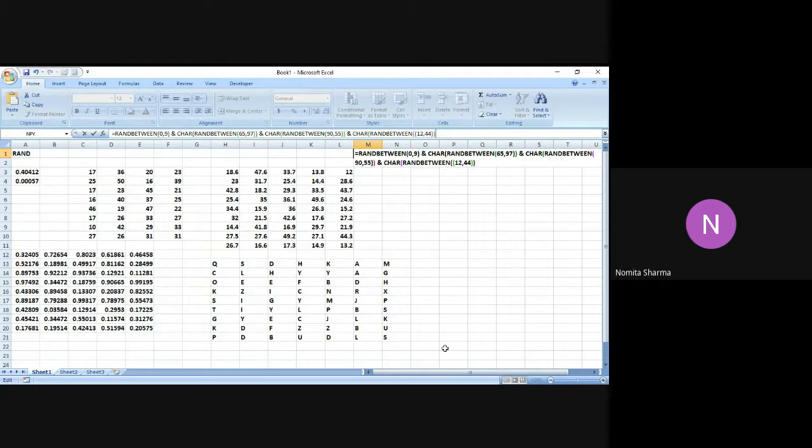So we have RANDBETWEEN bracket 0 comma 9. We have the space. I hope I have put all the spaces between CHAR and. Let me check that. The space is there. Let me put the number, it doesn't really matter, we can put any number. That's right, 65 and 67.